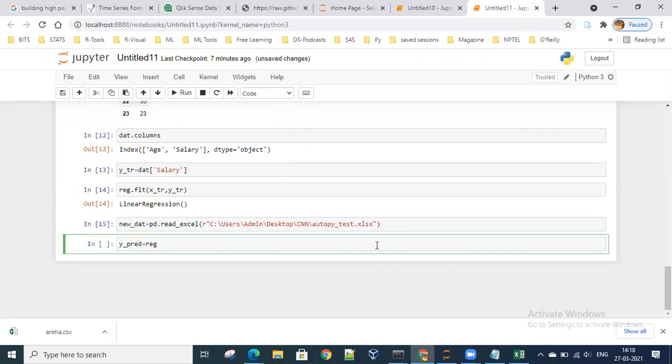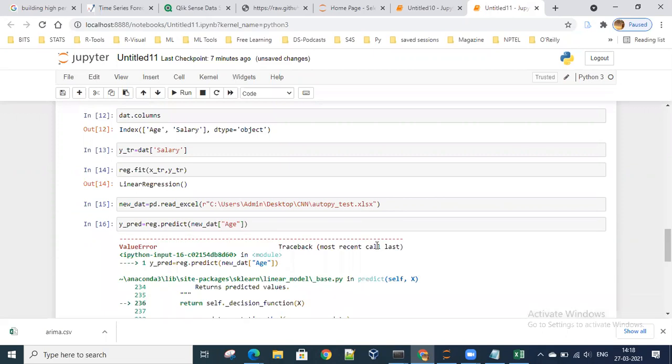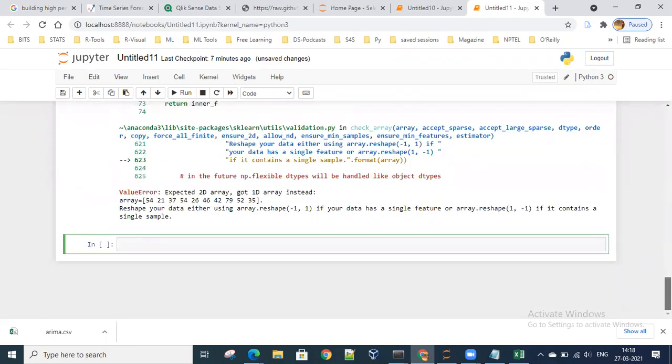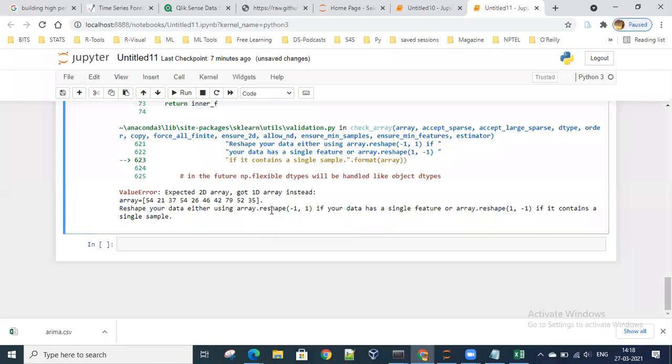Let's say reg.predict. Reshape your data, single sample.